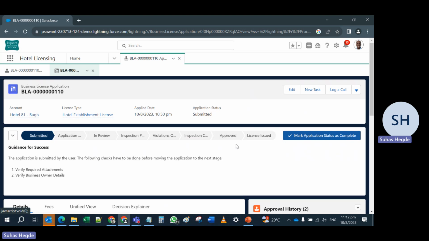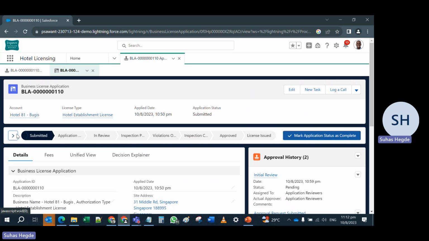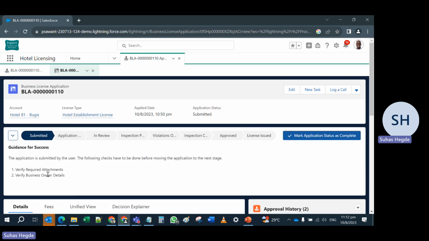For a termination request, maybe only submission, review and then termination, maybe only 3 of them. So based on the type of application, we can customize these stages here, or the life cycle of the particular application. Okay. Now what I do is I quickly see that in order to approve this particular record, I